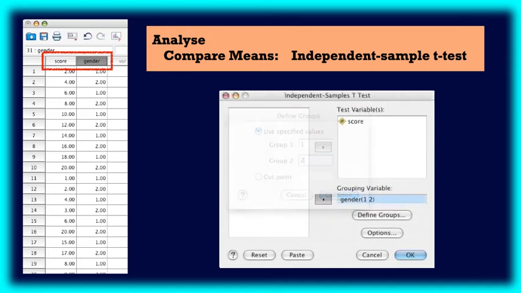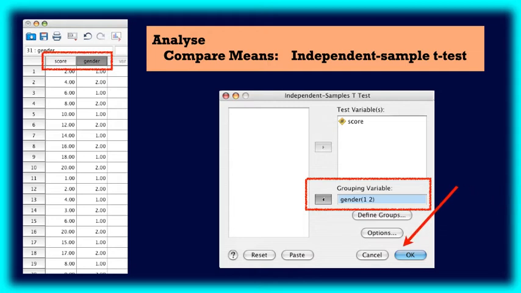You come back to the original sheet and it shows it now as gender 1 and 2. The 1 and the 2 define the gender. The marks themselves define the score. So you now just press OK and it will do the computation for you. And you don't need to worry about it. If you do it wrong, you just go through it again. It does it so quickly. And it comes up